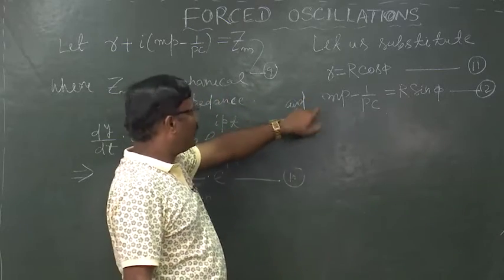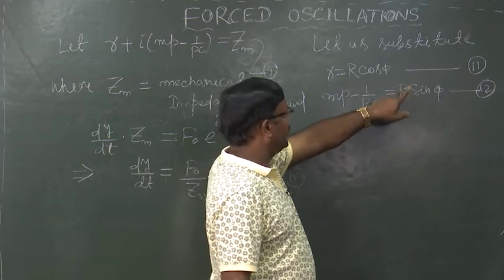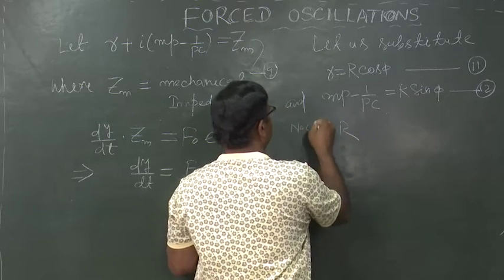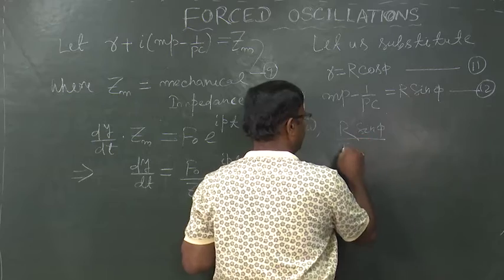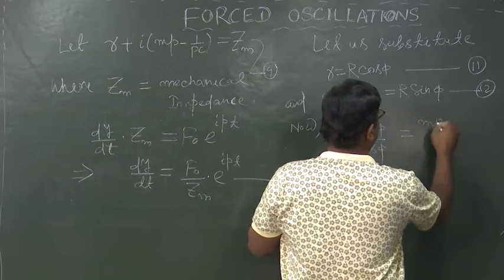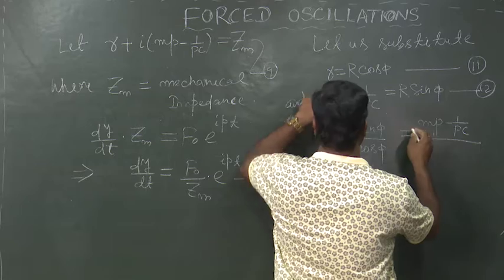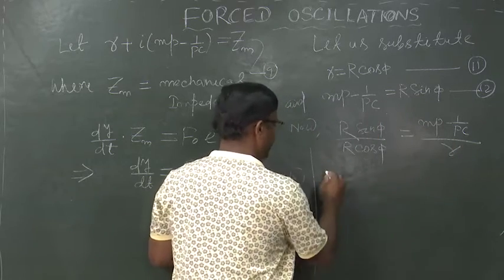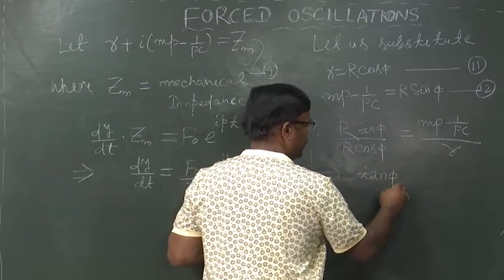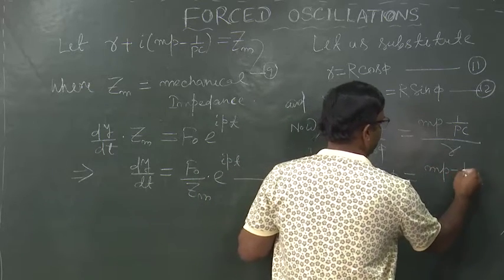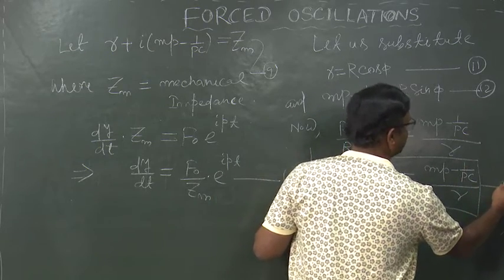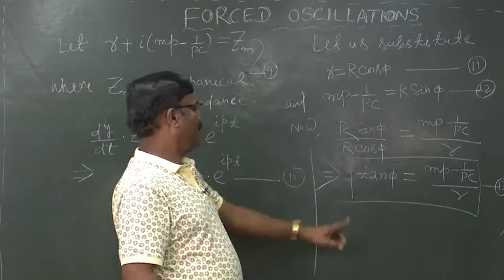Now, from this, by dividing equation 12 by equation 11, we can write r sin phi by r cos phi is equal to (mp minus 1 by pc) divided by r, which implies r gets cancelled, sin phi by cos phi is equal to tan phi is equal to (mp minus 1 by pc) divided by r. Equation 13. Further,